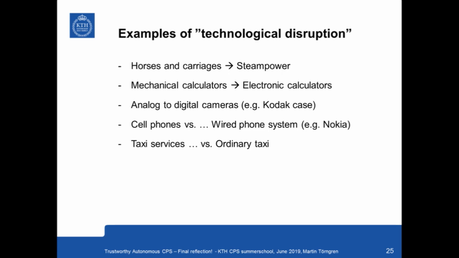For example, if you take any of these, you will see similar patterns. In the old days, transportation was through horses. And then steam engines appeared. They were exploding, they had poor performance, and they were not worried. Or maybe a little worried. And then after a while, performance was on par. And then what did they do? They made lots of investments to improve the performance of horses and drivers. And how do you do that? Better food, shorter distances. So at the last part of the so-called S-curve, they are trying to improve, but the new technology is just overtaking.